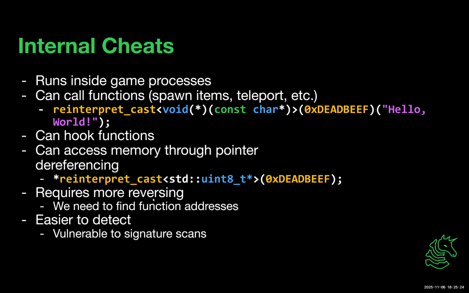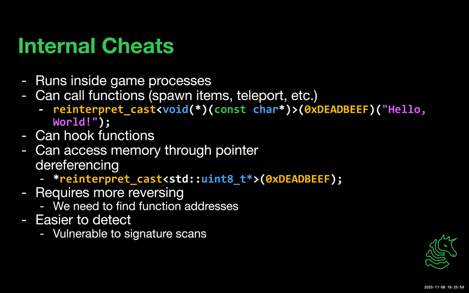And then one of the downsides about making internal cheats is that it requires a lot more reverse engineering, right? So it's like a blind pwn challenge. In pwn, you have to find addresses of specific functions, but most of the time you'll have symbols, so you kind of know what's going on in the binary. With a lot of games, they strip the symbols, so you have to go line by line in your assembly, or if you're not a Giga Chad, you can go down the pseudo C that's generated by a decompiler,